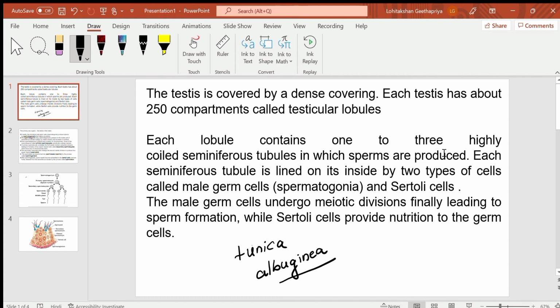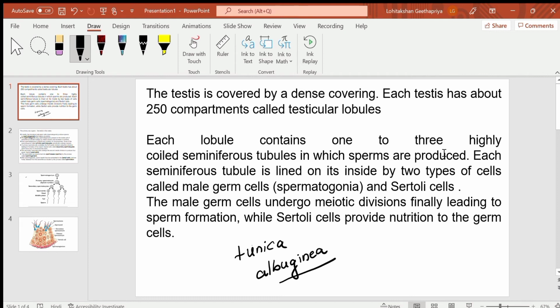Basically, if we look at the name spermatogenesis, sperms means something related to males, because we know from the lower grades that sperms are for males and the ovum or egg is for females. So it is something related to males and taking place inside the human male's body. Before getting into detail, let's see where this is taking place in the human